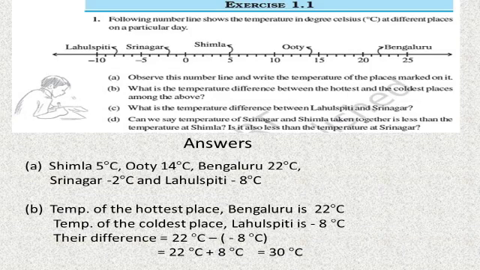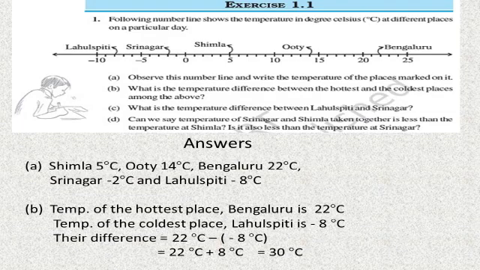Let us observe the number line and locate the zero on it. As I already told you, all the integers on the right side of 0 are positive and on the left hand side are negative. So the first city, Shimla, it is 5 divisions to the right of 0 indicated at 5. So temperature at Shimla will be 5 degrees Celsius. Similarly, Ooty. Ooty is 4 divisions to the right of 10. So it will be counted as 14 degrees Celsius.